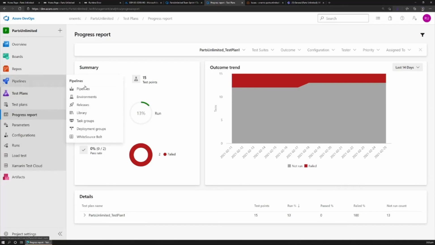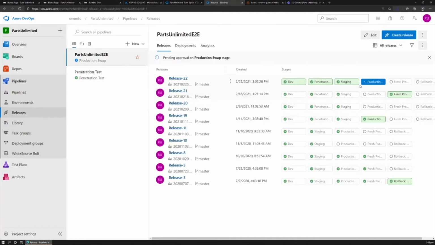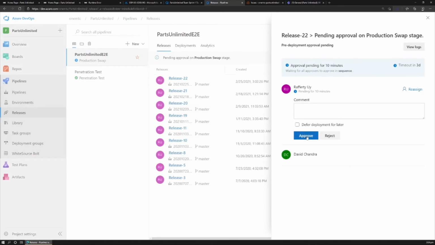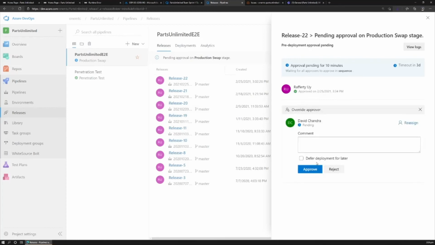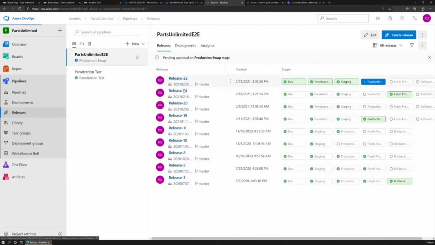So now going back to releases, we have just created a bug, and because of the approver, there's still a notification to my mailbox to approve something. So let me just click that, and let's say I'm gonna approve, even though there is a bug, and let's say my colleague approves as well. Let's click approve here. Okay, so once it is approved,